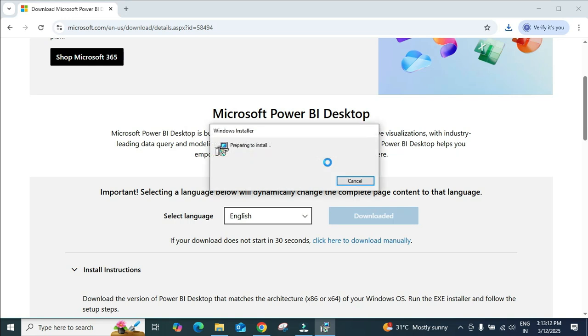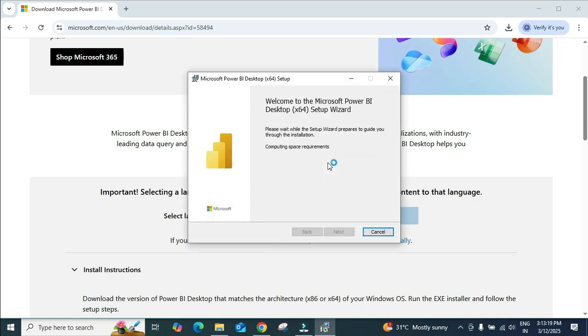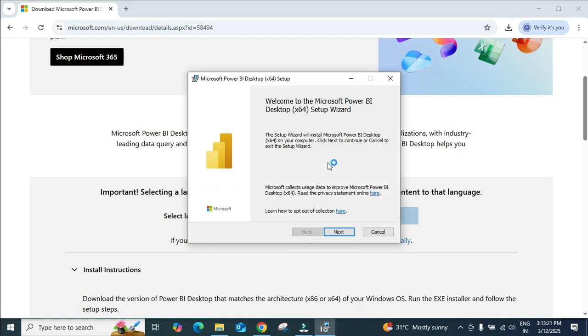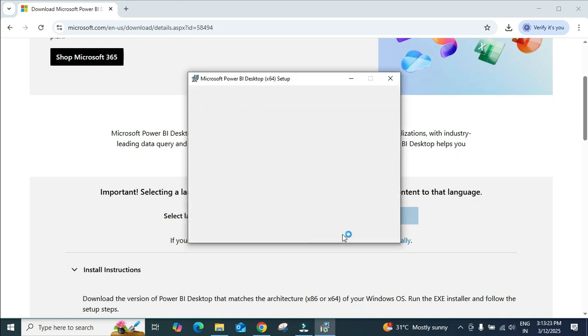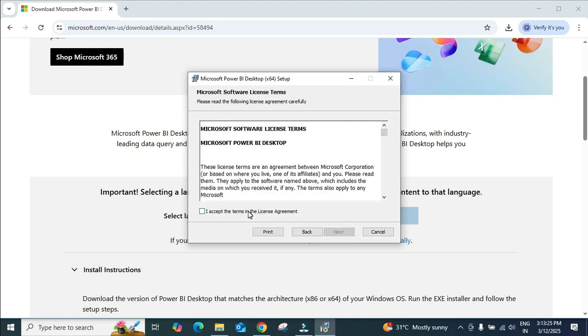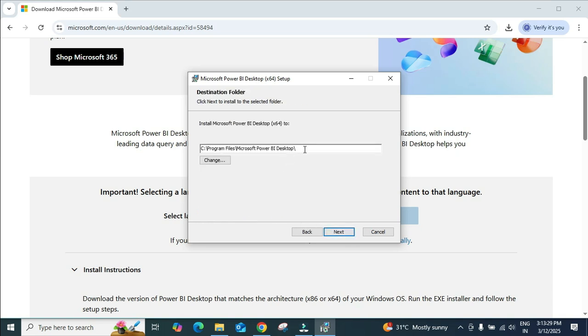Starter preparing install. Here just click on next and accept the terms and conditions. Just click on next, and if you want to change the file path you can change, or let's just click on next